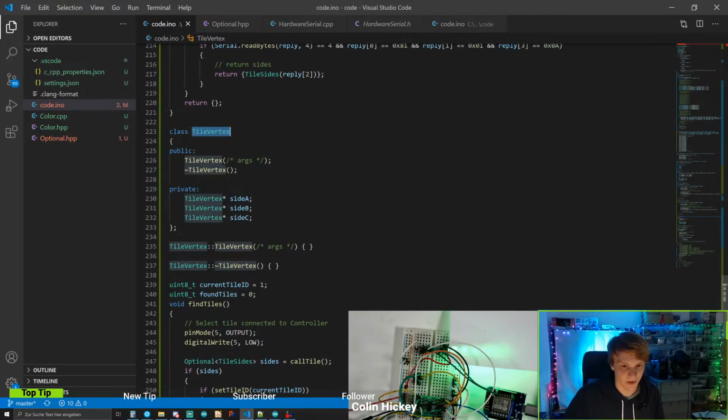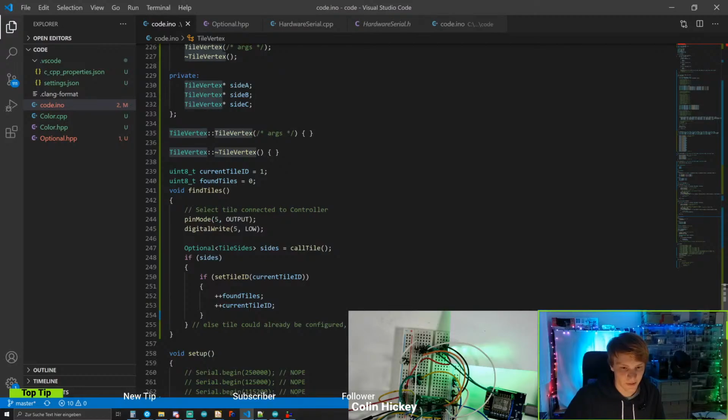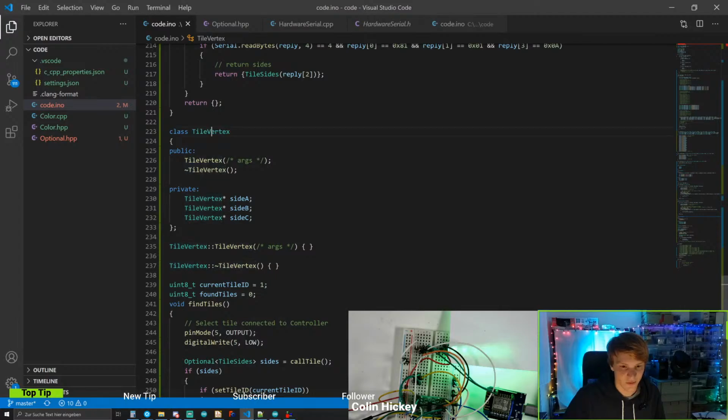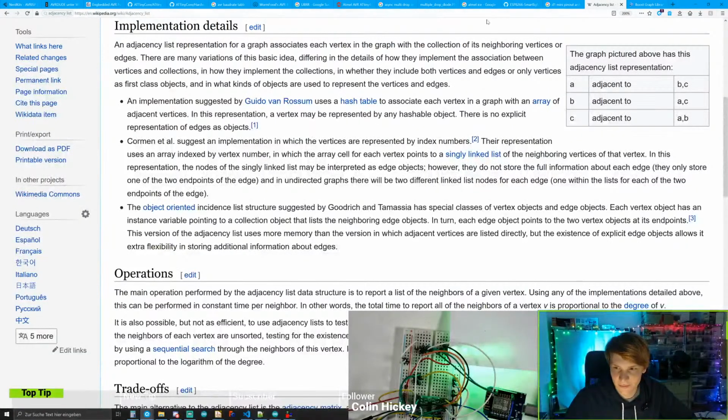So we would have a hash map, mapping integers to tile vertices. But now the problem arises if we have hash map support on